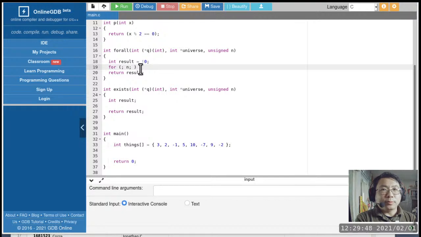So now we have to specify the post operation in a for loop. There are two things that we have to do. One is to decrement n. Basically, we're saying we are evaluating another element in the array using q to evaluate it. And then I'm using a comma as a separator. This is the other operation that I need to perform.